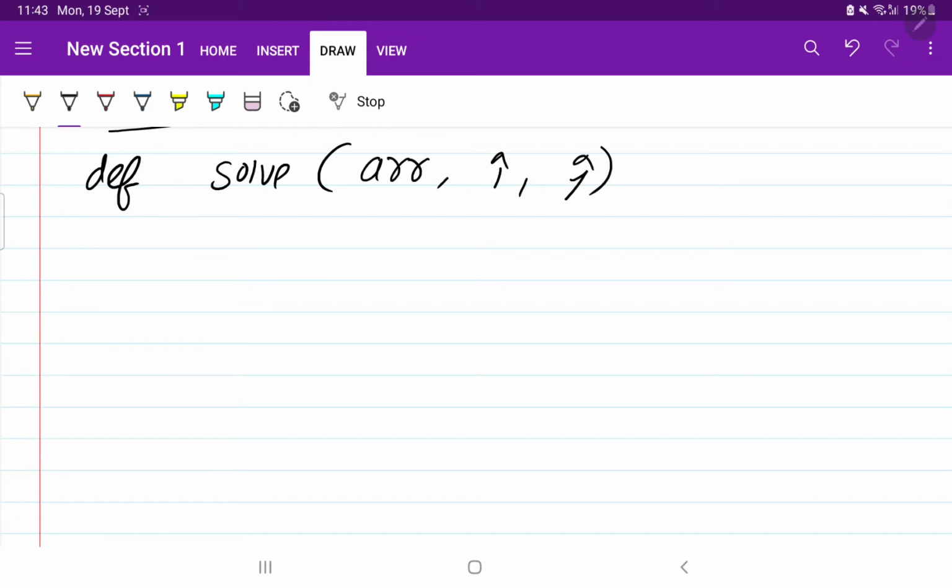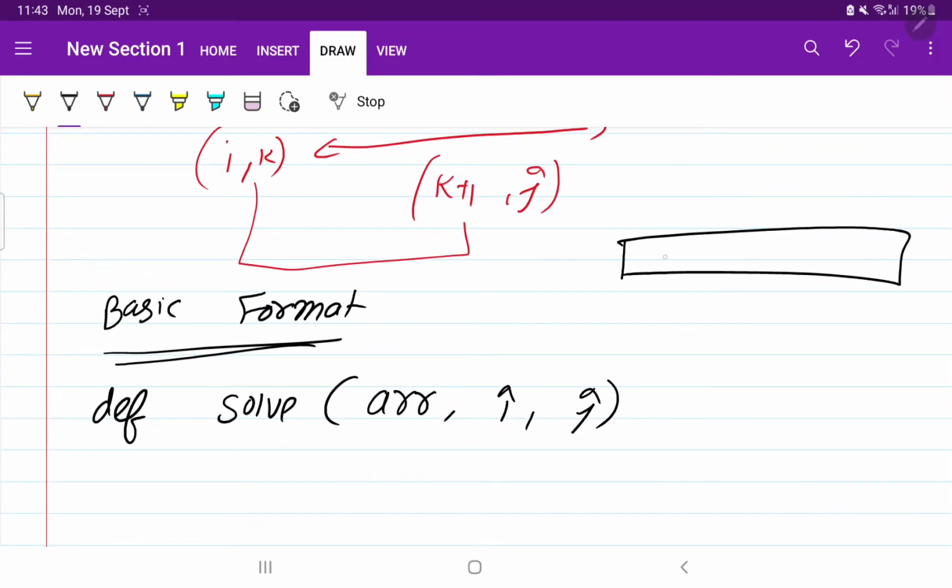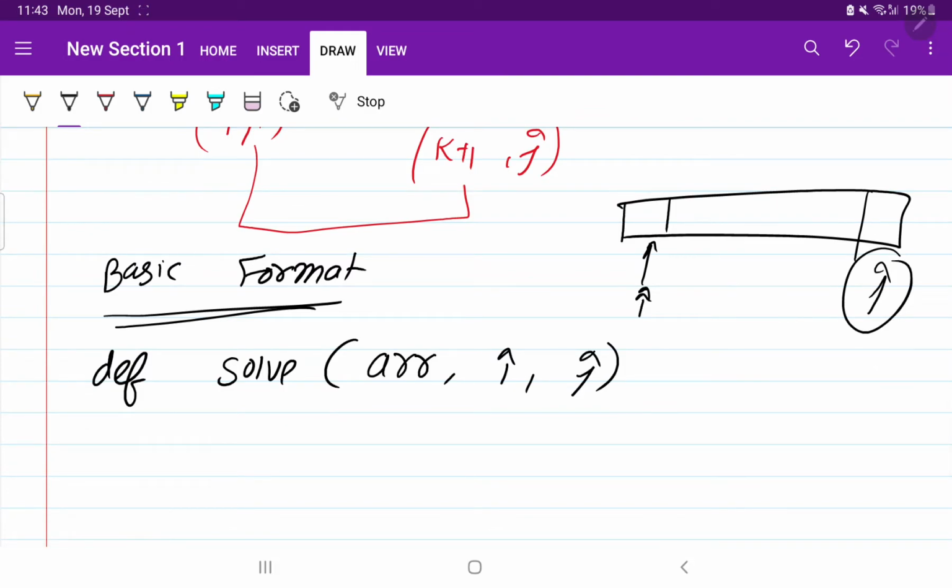I is the starting point and ending point. Now one more thing, the starting point is not the first element of the array and the ending point is not the last element of the array. I told you we will get some starting point and ending point. I did not tell you that the first element is the starting point or the last element is the ending point. Okay, focus on my words.